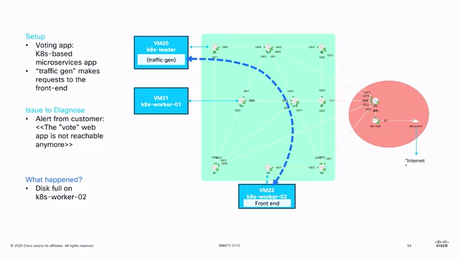And what we've done to simulate a failure is we filled up the disk of one of these VMs. And we also defined the affinity rules the way that Kubernetes has to schedule the pod on that particular device. If the disk is full, the pod gets ejected, it puts it back on. So what happens? You're losing connectivity. So it's a disk full problem, but the customer sees that the application doesn't really work anymore.